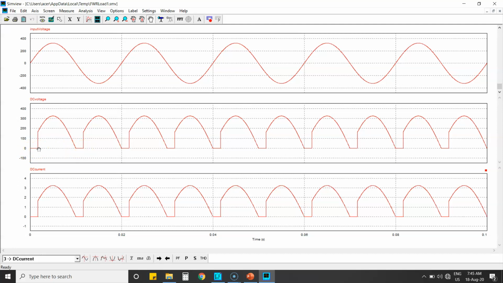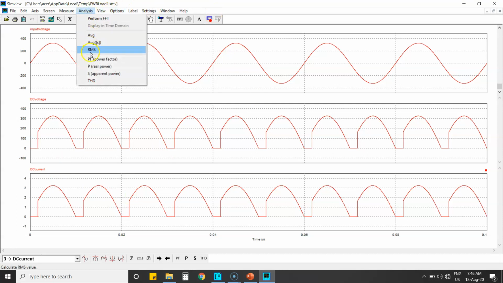Since we are using R load, both voltage and current will always be in phase, and you can simply see the output current will be equal to V by R. So here it will be 325, here it will be 3.25, because we have chosen the resistor value as 100. Similarly, you can analyze the average value, RMS value, power factor, THD, or you can even perform FFT,